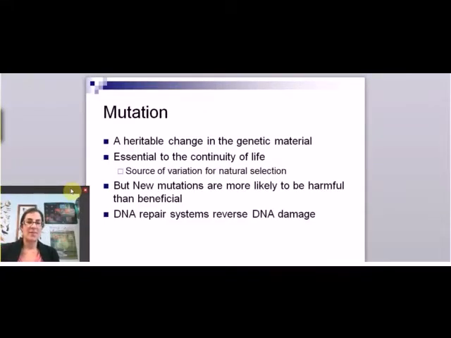So we're going to be talking about changes in the DNA, and changes in the DNA are called mutations. One of the keys is that they have to be heritable. That means they have to be able to be passed on to offspring, and not all changes in our DNA can be passed on. The ones that can be passed on are going to be changes in the bases, so in the nucleotides. So for example, if you have an A in the nucleotide and that becomes changed to a G, that's the kind of change that you can pass on to other cells in your body or to your